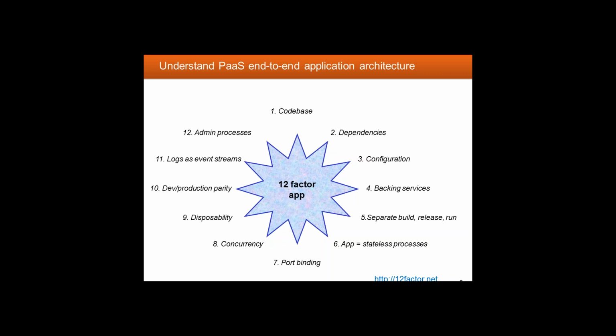Another part of the 12-factor app is the idea of developing our application with a series of backing services, so that there are services used by your application to do important pieces of what your code is doing. We'll look at that in more detail. One of the other features is the whole separation of the processes of building, of releasing the code, and then running it. Separate processes for those, ideally automated, ideally with appropriate testing and validation steps before you go from one phase to another.